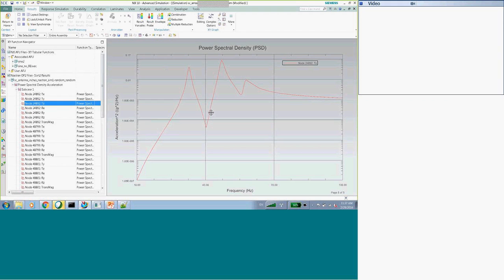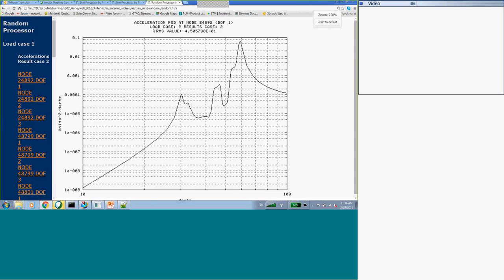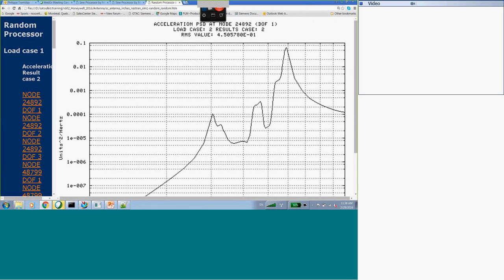You can see the RMS of this result here in NX. HTML page, it was there. See the RMS right here. So they're very low, aren't they? I don't believe you put the acceleration of gravity in your kickoff request, did you? G's?